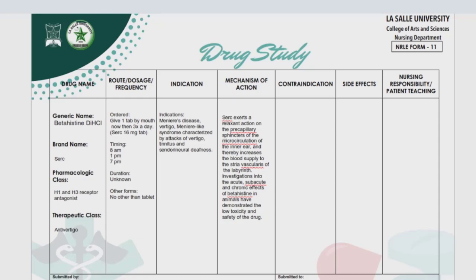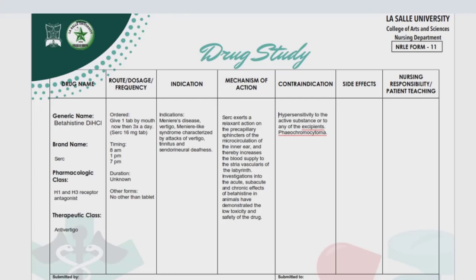Okay, then you check the spelling and you correct it. So next to our mechanism of action, we have the contraindication. When we say contraindication, kanus-a siya dili pwede ihatag nga drug sa atong patient. For betahistine, the contraindication is hypersensitivity to the active substance or to any of